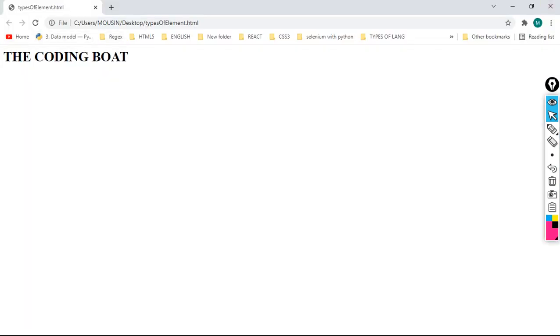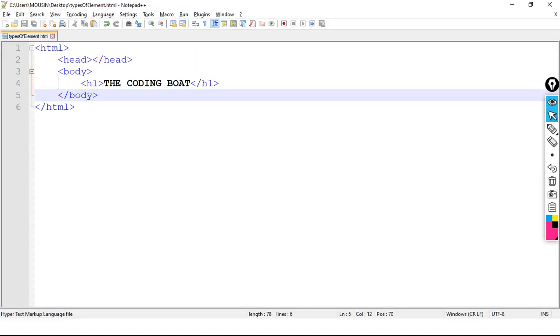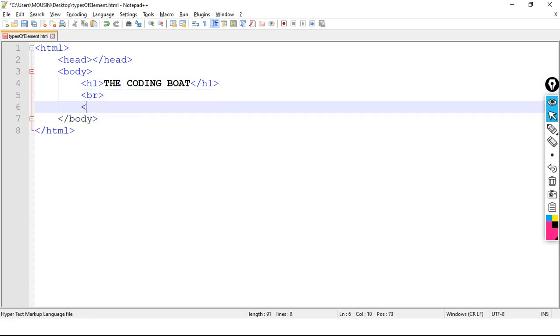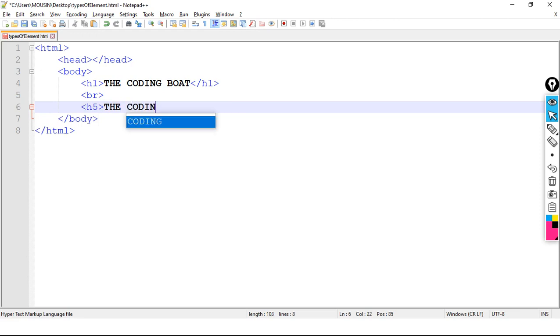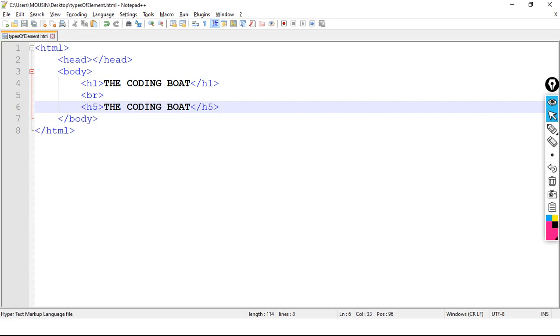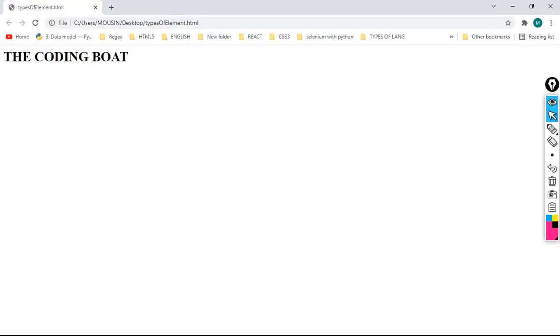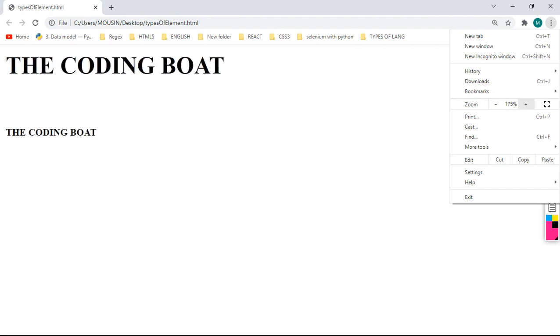Now I am doing the same thing using h5 tag. Just for understanding purpose I am keeping same content. Here h5. Done. Let me save the code and then I will refresh it. For understanding purpose I am increasing size of the page.